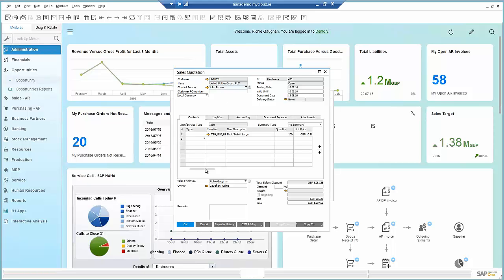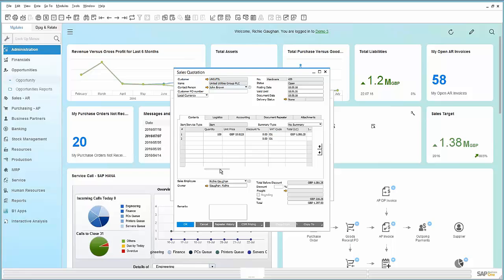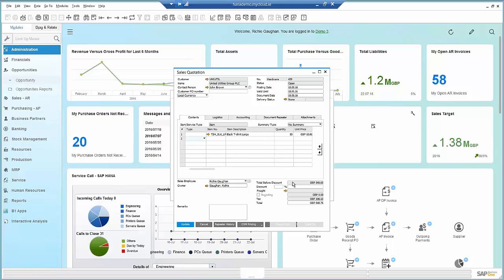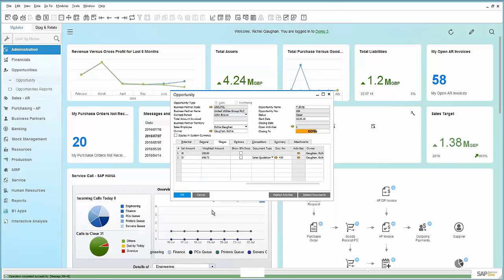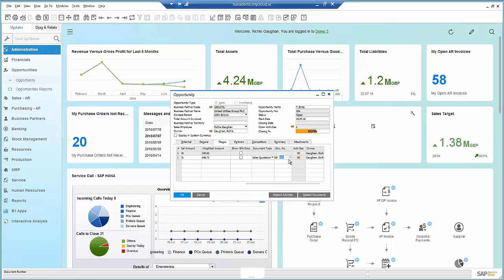That's our sales opportunity. If something changed, let's say we negotiate on the sales price and change that price, or the quantity changed, the nature of the sales opportunity changed. It's now not worth as much as it was previously. I could simply update this here, and if I go in and reattach this same document,